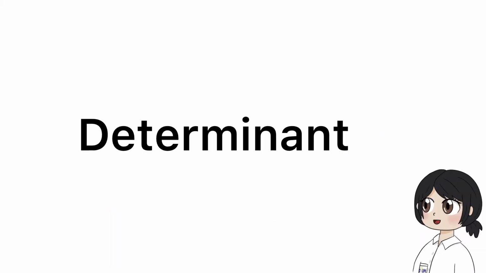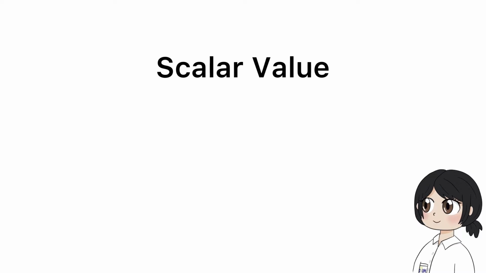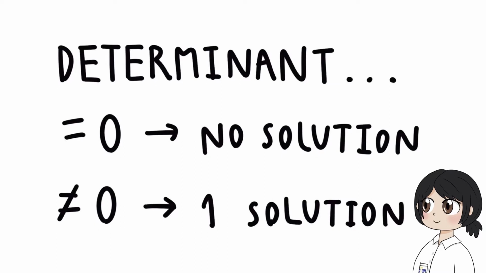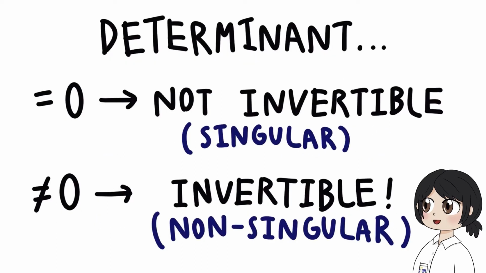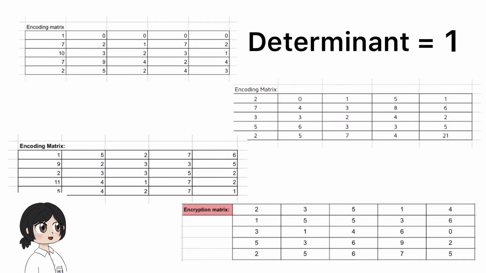calculation. Before we start, let's see what a determinant is. The determinant is a scalar value that can characterize some properties of the matrix, such as the number of solutions of linear equations and whether the matrix is invertible or not. If the determinant is 0, the matrix is not invertible, or we can also call it a singular matrix. If the determinant is not 0, it is invertible, which can also be called a non-singular matrix. For this work, we can only use an encryption matrix that has a determinant of 1. So, we need to calculate the determinant of every encryption matrix we created to check if we can use it